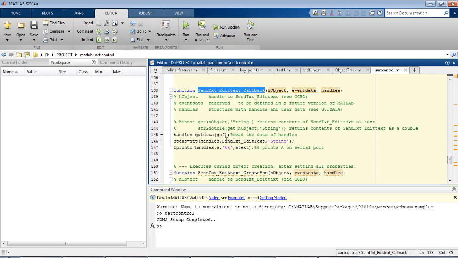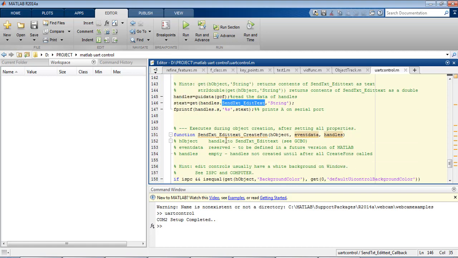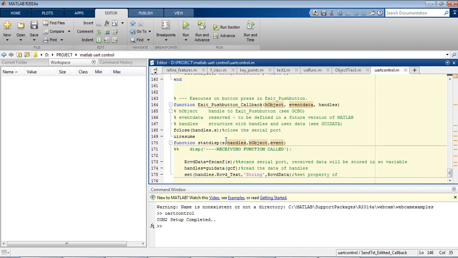In the same way we can also send text strings. Suppose we are sending some text, then we can also read the string and send it. But for example, we will just consider buttons. Suppose this is a status display function which is developed, which will scan the serial port, receive its data and display it in the GUI's text box. Now we will run it.